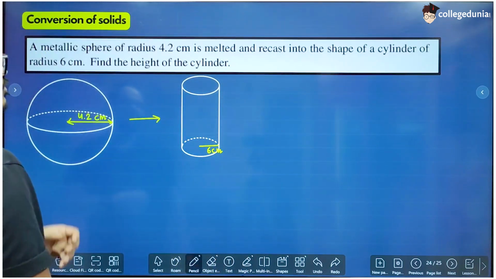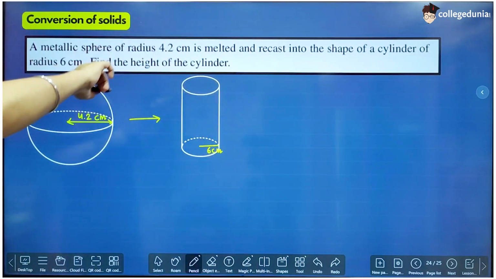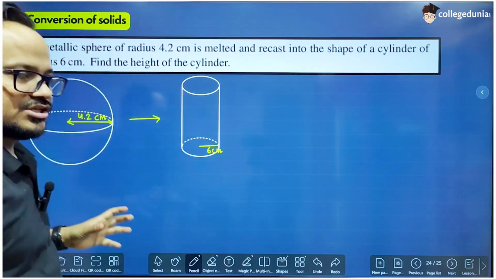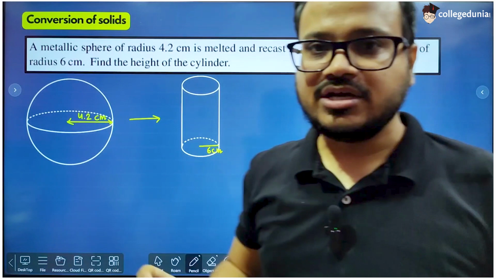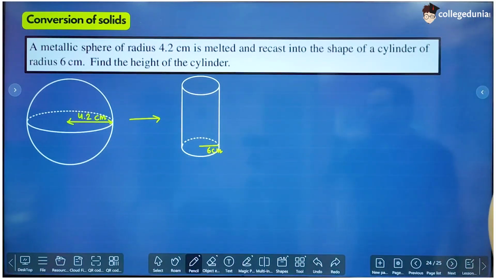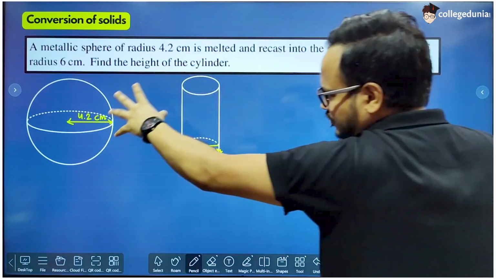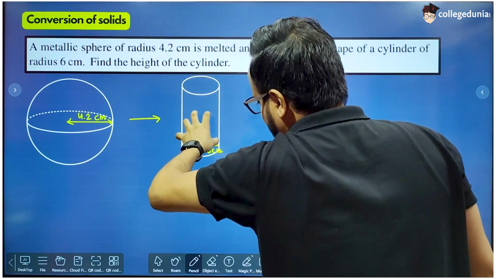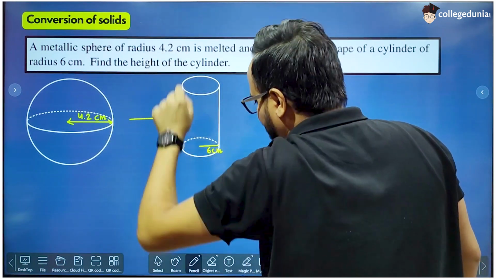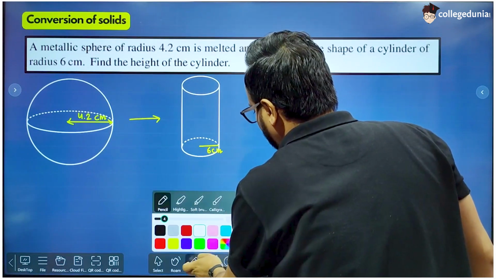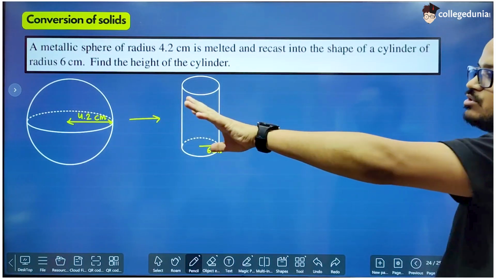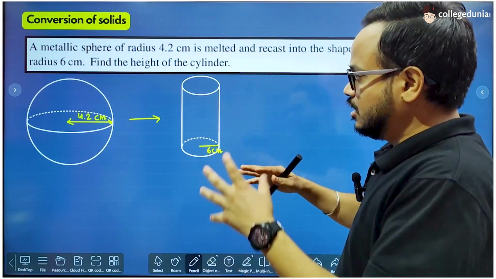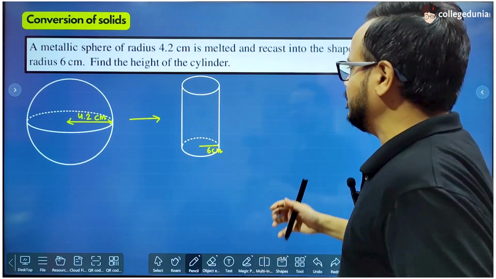Now find the height of the cylinder. So this sphere is used to make this cylinder. So volume of both the things will remain same. So you can do one thing, you will find the volume of this, and when you find the volume of this, you put the volume of that equal to this after solving. But I suggest you not to solve, just equate the two without solving, and many terms will get cancelled out and the calculation becomes very easy in this case.